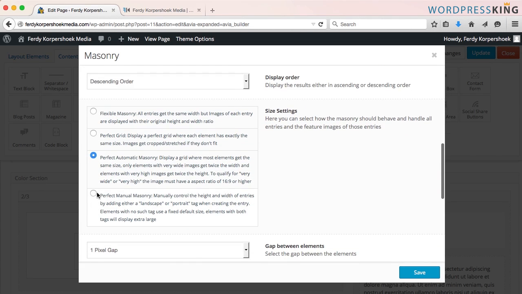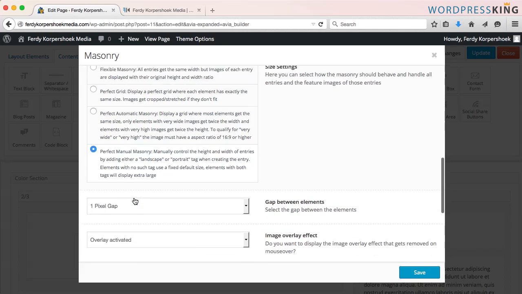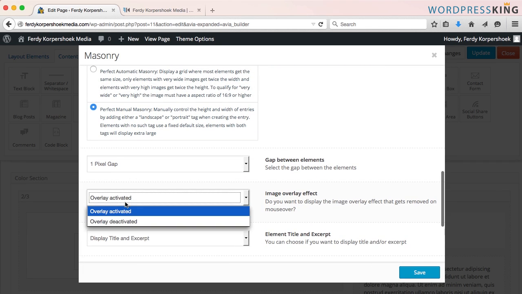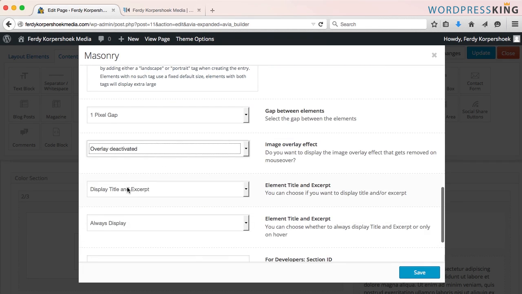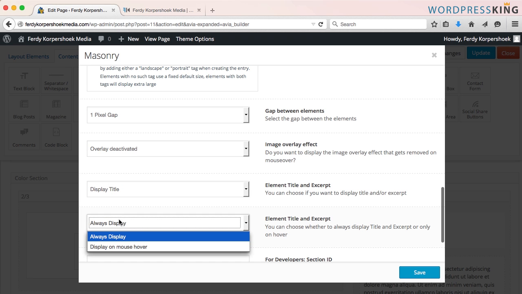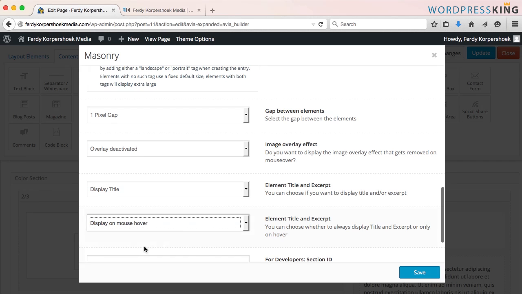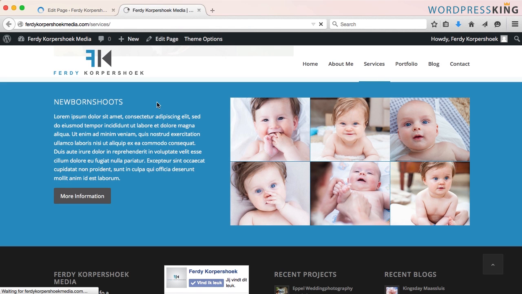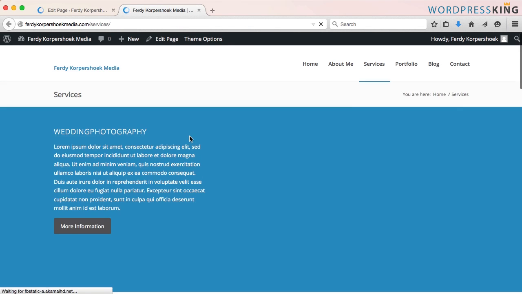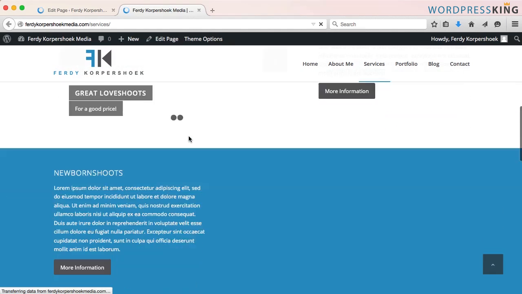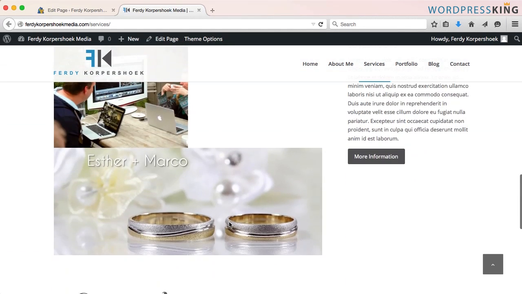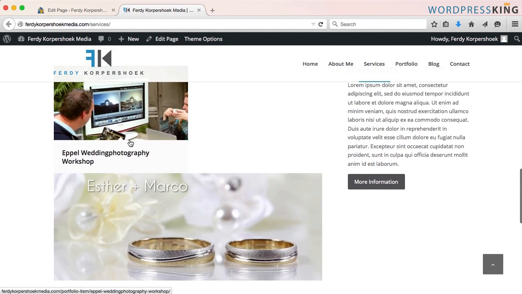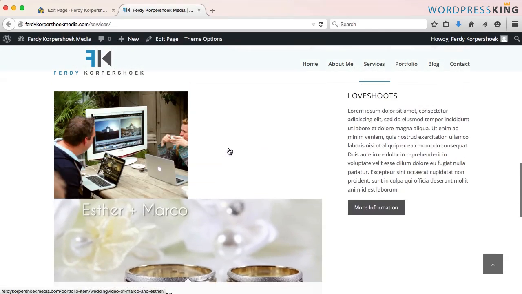I'm going for manual masonry. 1 pixel gap, overlay deactivated, only the title and only when it is on the mouse hover. Save it, update it, and refresh the page. What we will see is this. This one is a landscape, this one is normal, and this one is also normal, so this is not working